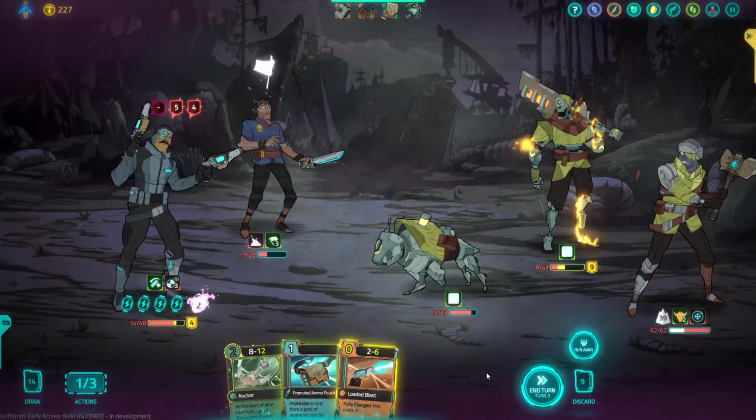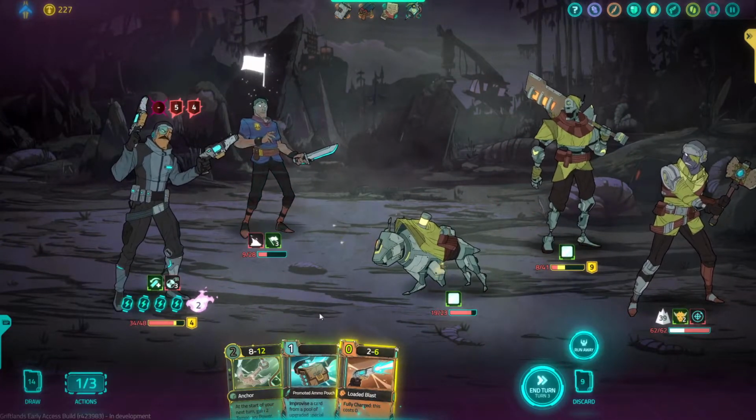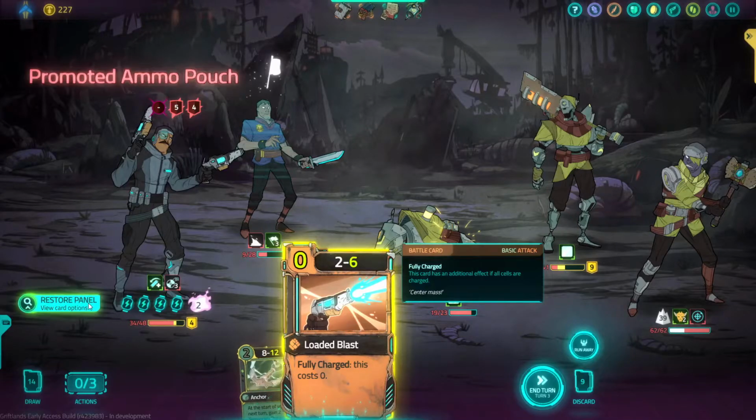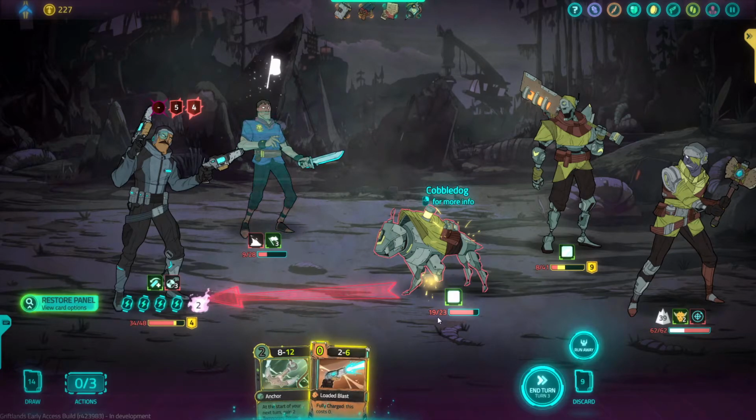Oh, minimum damage twice, okay then. So then a promoted Emma Pouch can give us defense sometime, or give impair, but no such luck. Wow. This one gives us overcharge as well. Hold on, is that enough? Then he's at...